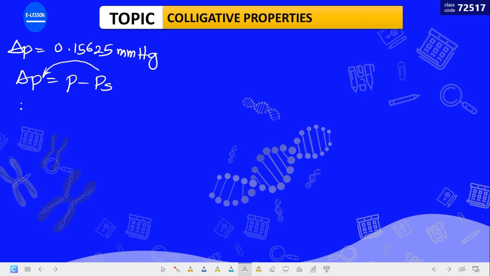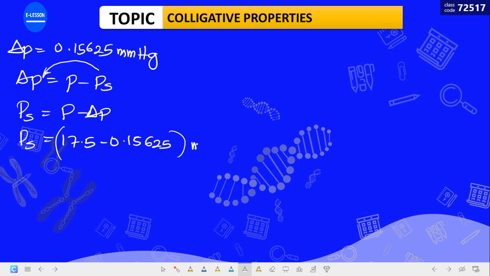It becomes Ps is equal to P minus change in P. So Ps is equal to 17.5 minus 0.15625, everything in millimeter of mercury, which will give us